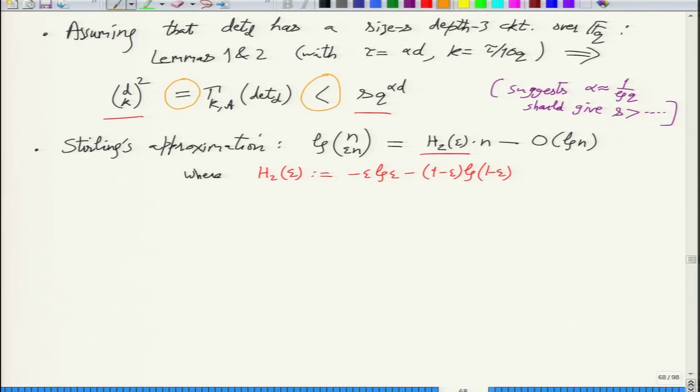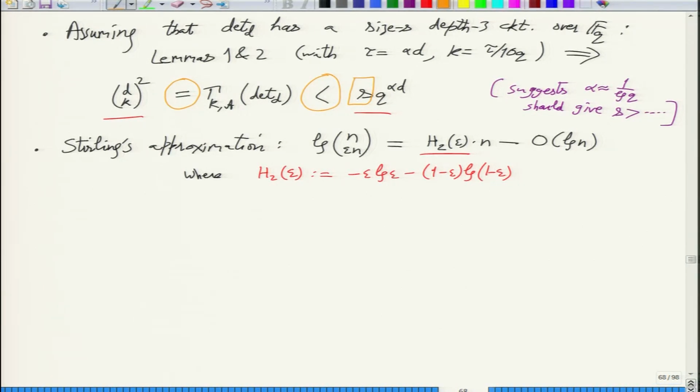Okay, so all we have to do now is pick a k and alpha so that you get an exponential lower bound on S. Right, so we want to isolate S here. So for that we simply have to do some calculation